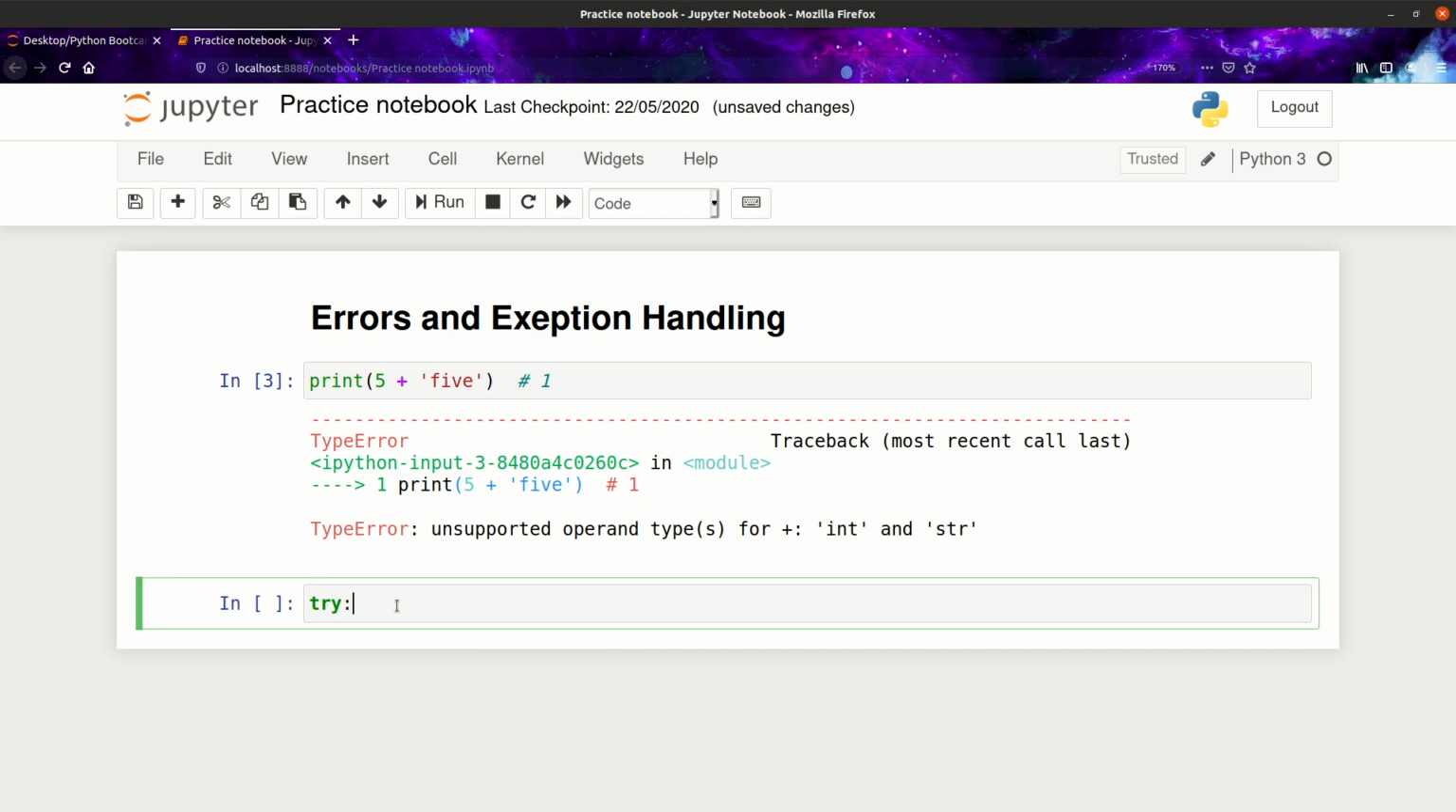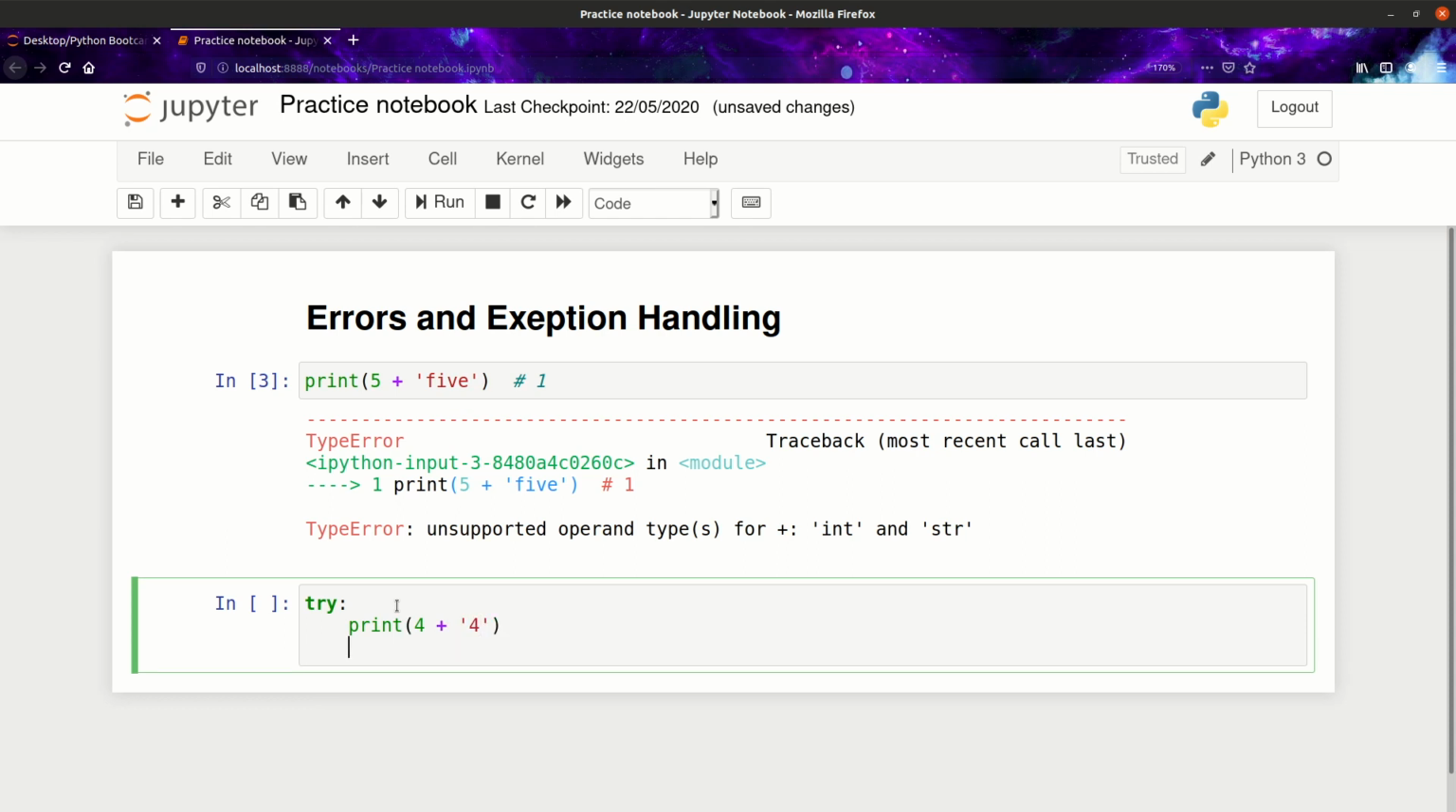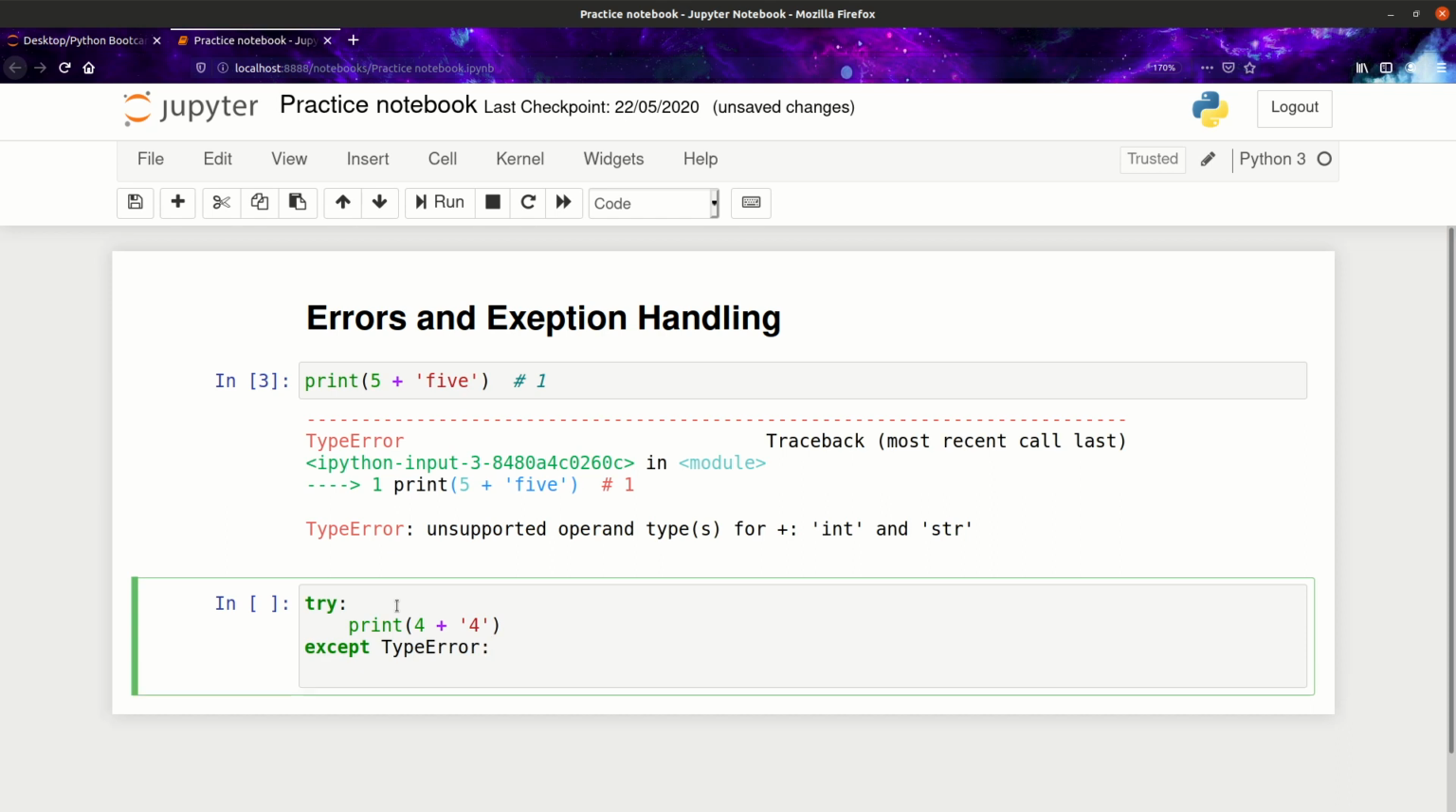So I want to try to print 4 plus 4, and then except, so if the error doesn't come, and here you can specify whatever error you want. So if it's except type error, and you put your colon, and then if a type error occurs, then I want to print